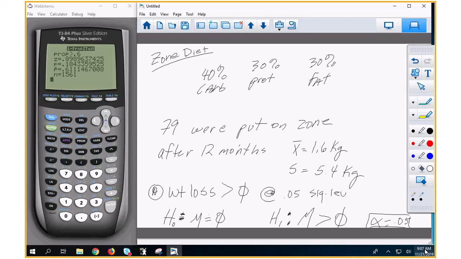So we're going to use the t-test here. The reason we're going to use the t-test is they don't give us what? Sigma. There's no sigma. They give us mu. Mu is equal to 0 because they state in the question weight loss. That's part of the question. And they give us x bar and s and a significance level, but they don't give us sigma. So we're going to use the t-test.